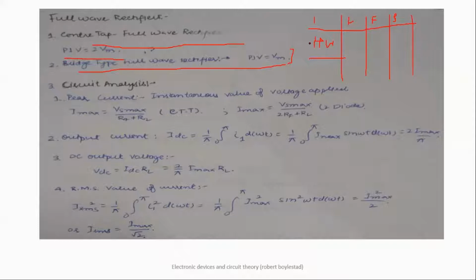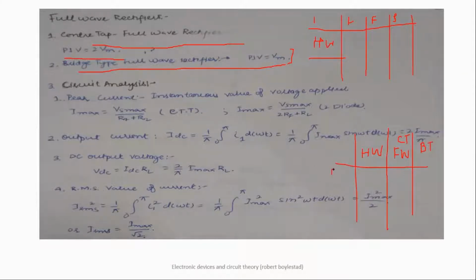Yeah. So on this side, you are supposed to write the names of the rectifiers. This is the half wave rectifier. This is the full wave rectifier, and in full wave we have two types, so you can write center tap, and this is your bridge type. And here you will write out various parameters.